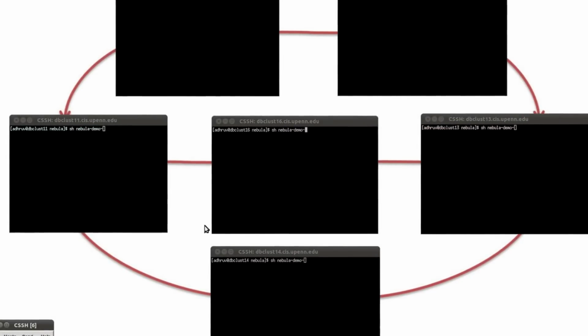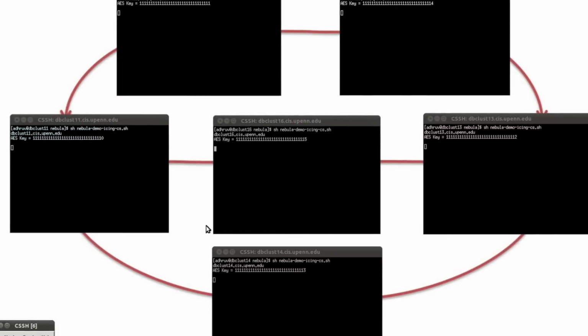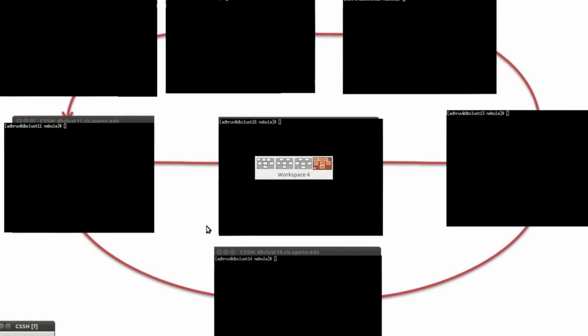As the next step, we start the consent server responsible for each of the realms. These consent servers are responsible for creating the proof of consent. Each of the nodes is connected to the DB cluster 10, which constitutes the path broker. This path broker is responsible for path computation and gathering of consent.